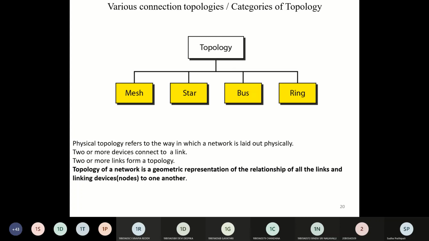And the second one is half duplex mode of communication, wherein both can communicate to each other. The source and the destination can communicate to each other, but not at the same time. This is what is called half duplex mode of communication. Because they don't communicate at the same time, the entire capacity of the channel can be utilized for each direction.